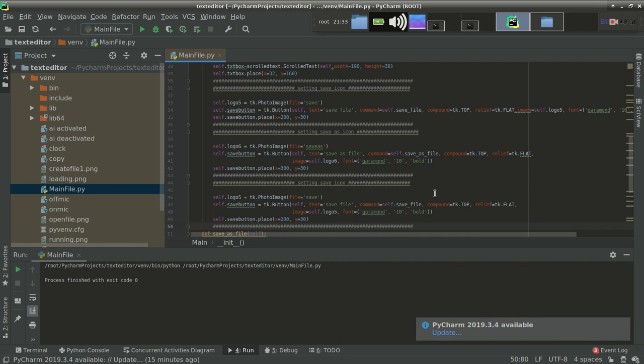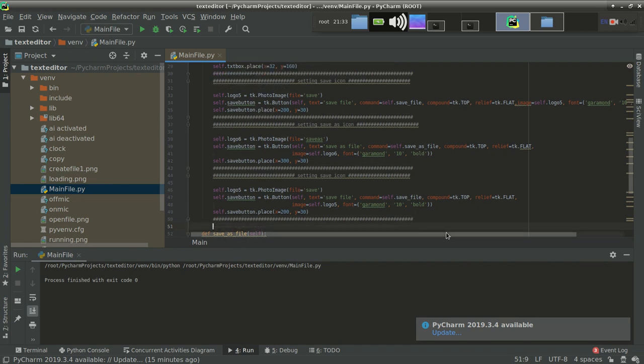And for time traverser, I told you what the function of time traverser is. So let's make that button. The button name should be setting time traverser, and the logo will be 7, image will be AI activity.